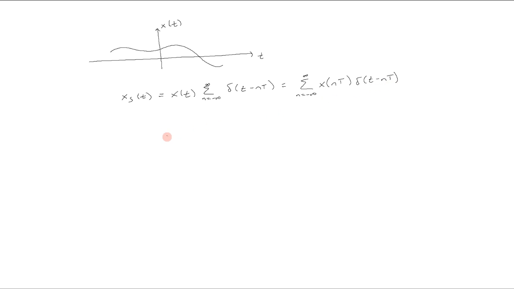And we can draw this. We're still in the time domain. This will be our signal x sub s of t. And we just multiplied everything by this delta impulse train. And therefore, we just get deltas at these locations, at nt locations, that are going to be the height of x of t at that location. So that will look like something like this,